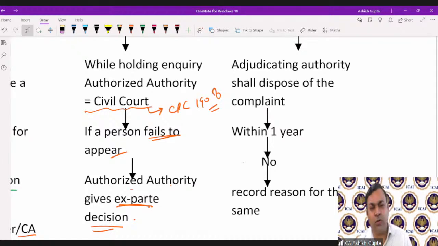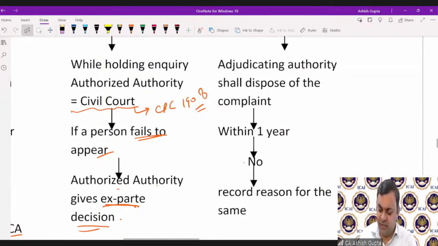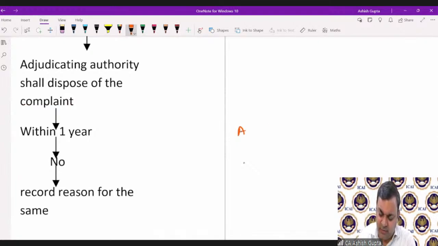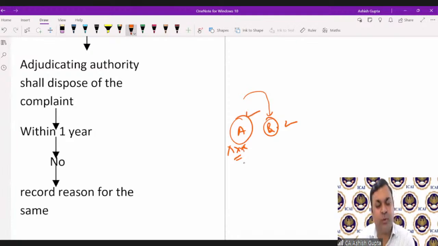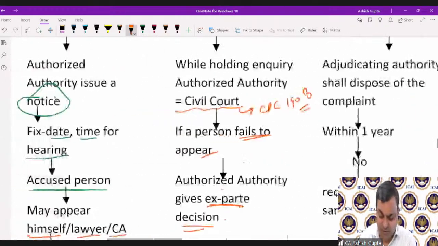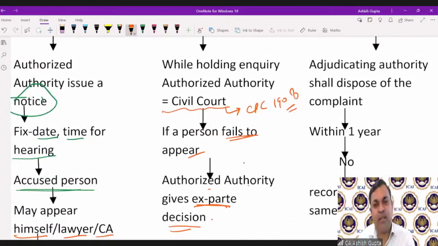Suo motu is on its own. And ex parte decision means in favor of the other party. It means, Udit, okay, in favor of the other party on the default of the other. Say Mr. A and B have a dispute, and if A fails to appear in any proceeding, then the court will grant decision in favor of B without listening to A's point. That is called ex parte decision, right? And it's ex parte, PARTE.